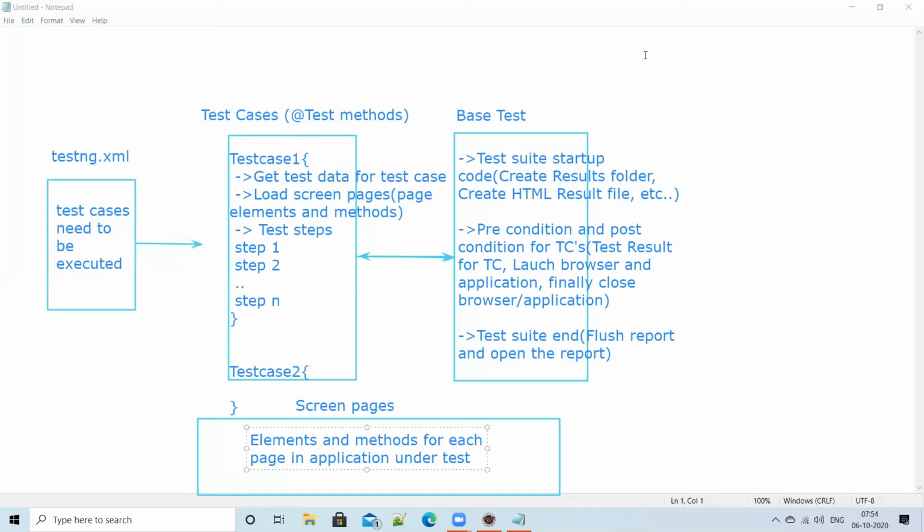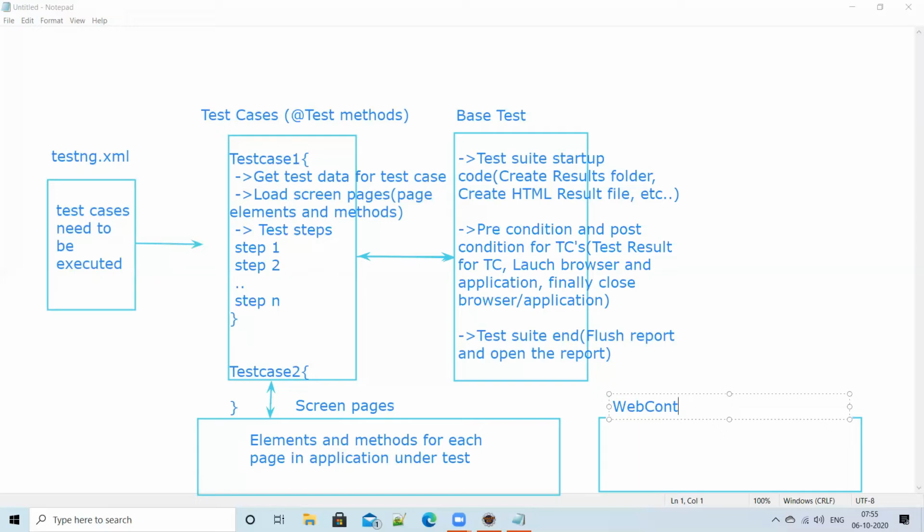So here you are trying to load the screen pages, and these screen pages have connectivity again. How is this connected? There are web controls.